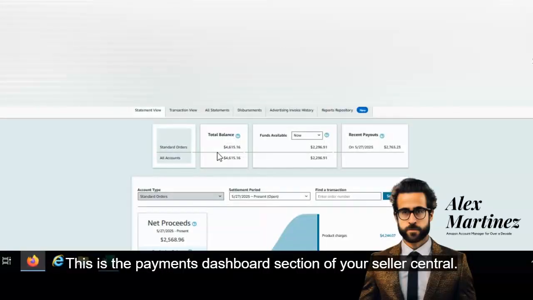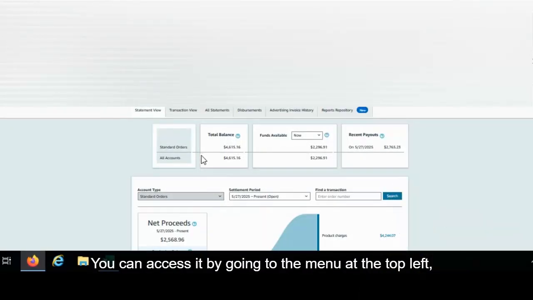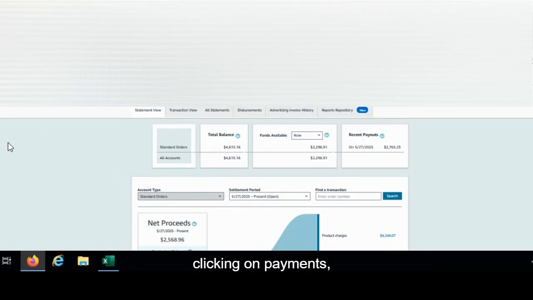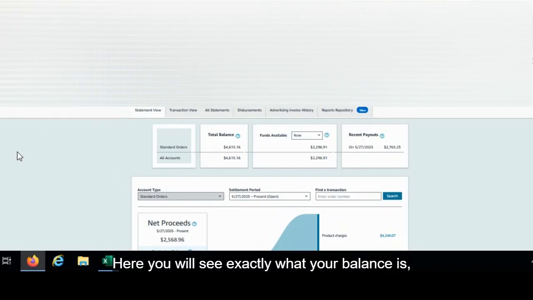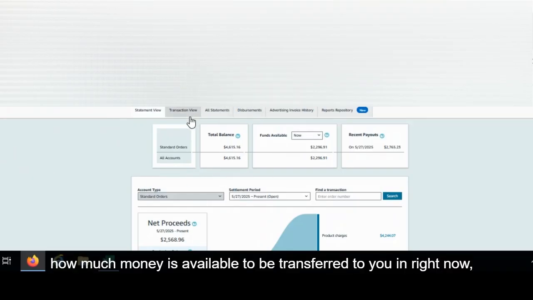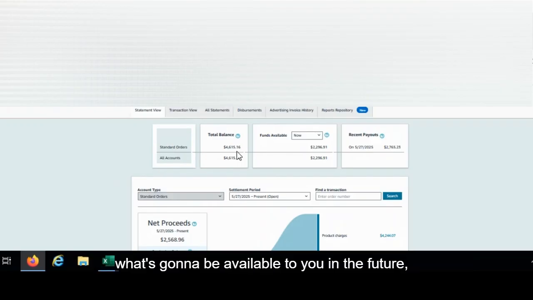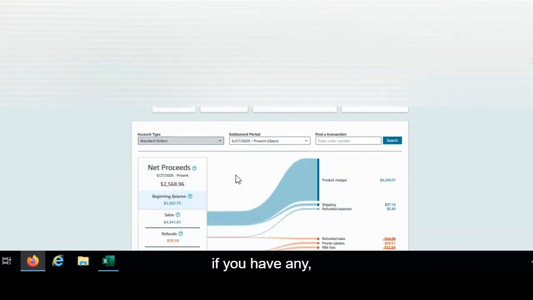This is the payments dashboard section of your Seller Central. You can access it by going to the menu at the top left, clicking on payments, and then clicking on payments again. Here you will see exactly what your balance is, how much money is available to be transferred to you right now, what's going to be available to you in the future,